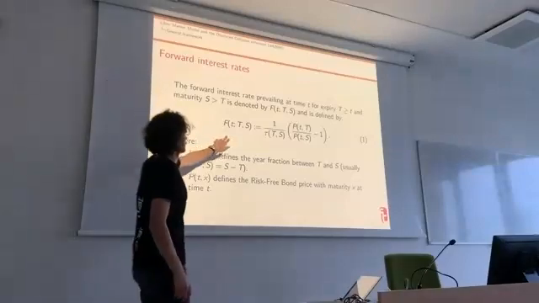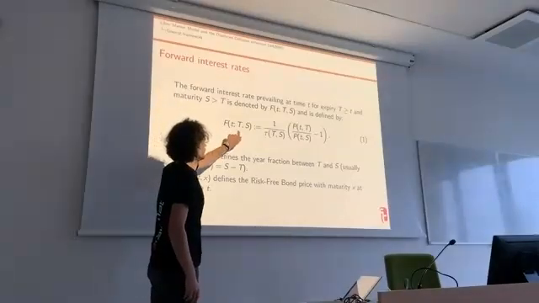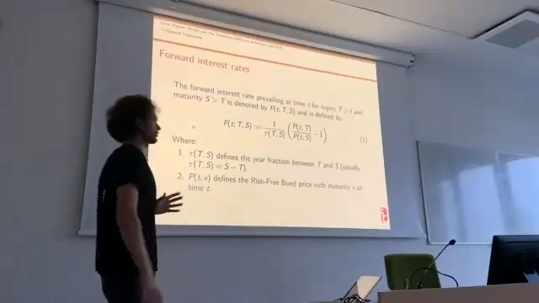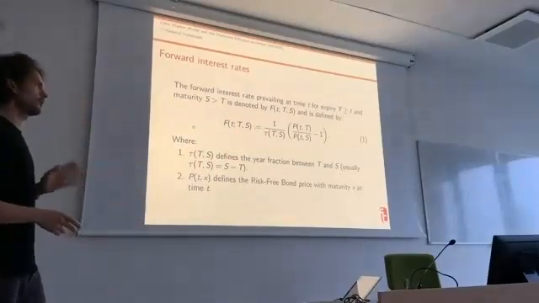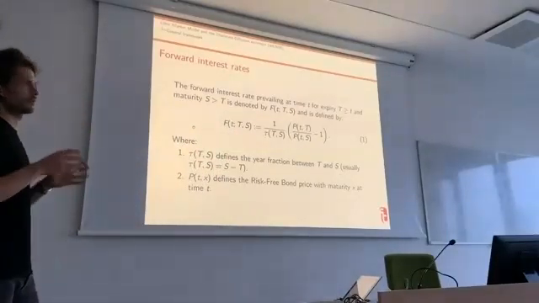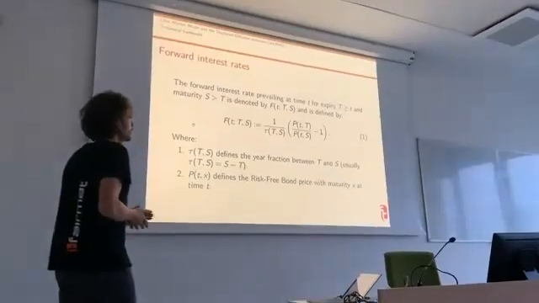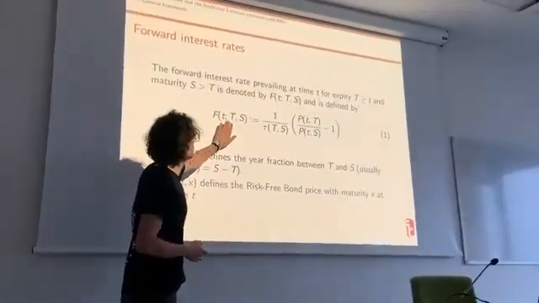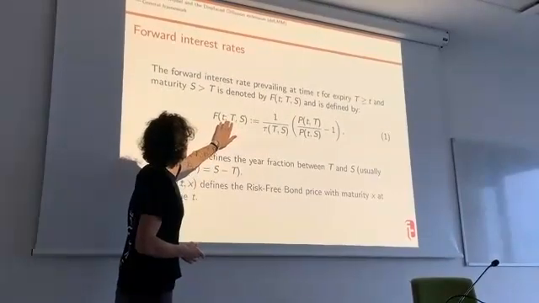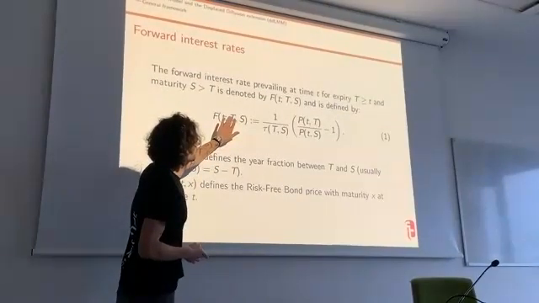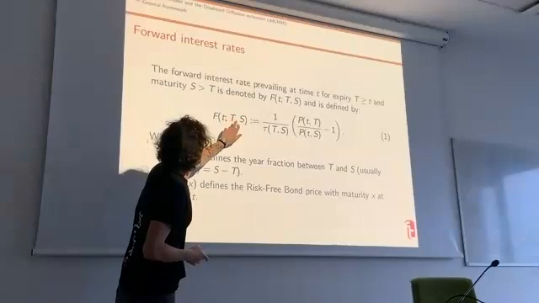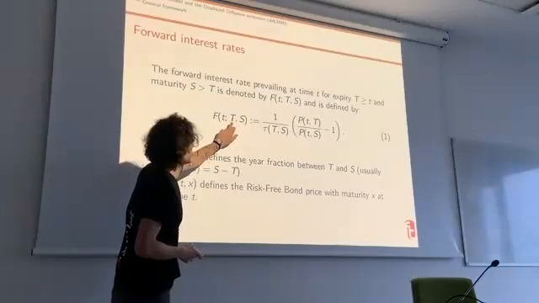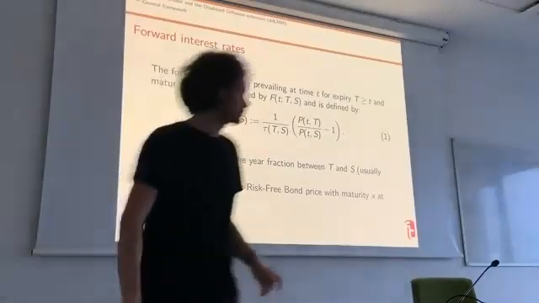So we have three time variables. The first one is the observation date. So the small t is when the forward rate is computed. Then we have the maturity S and the expiry T. What does it mean? Let me